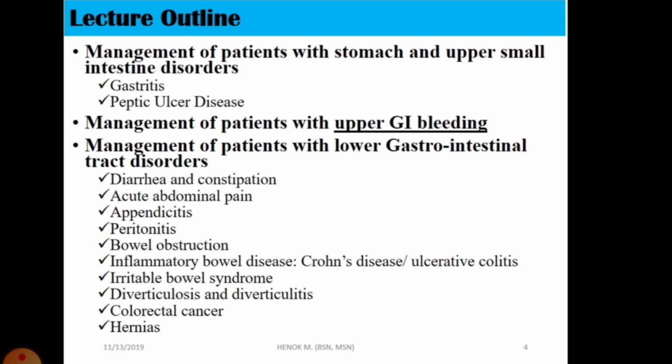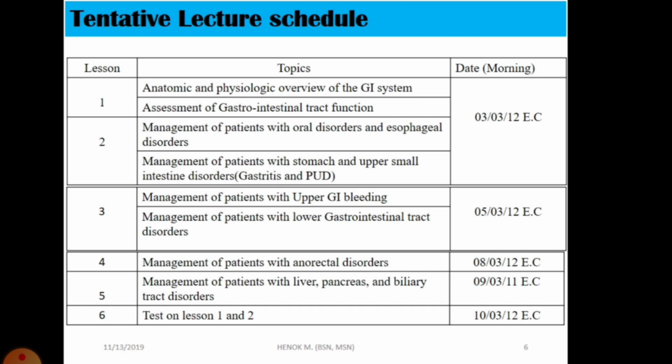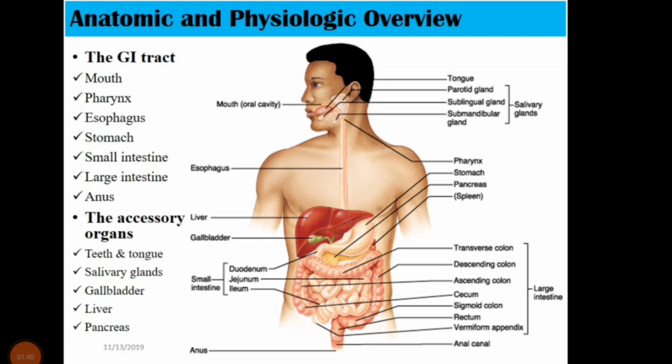colorectal cancer and hernias. Management of patient with anorectal disorders: hemorrhoids, anal fissures, anal fistula, anorectal abscesses. Management of the patient with liver, pancreas and biliary tract disorders: hepatitis, viral cirrhosis, acute liver failure, cholelithiasis and cholecystitis, acute pancreatitis. Next are the lessons and their topics. First is the GI tract: mouth, pharynx, esophagus, stomach, large intestine, anus, that is the anatomic